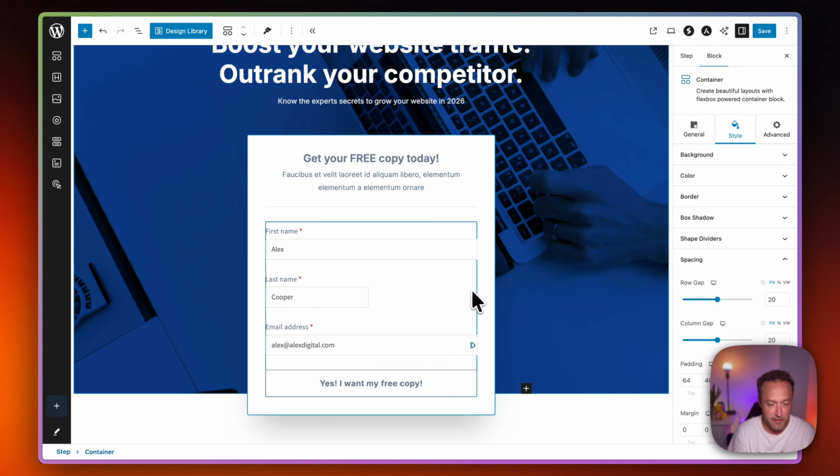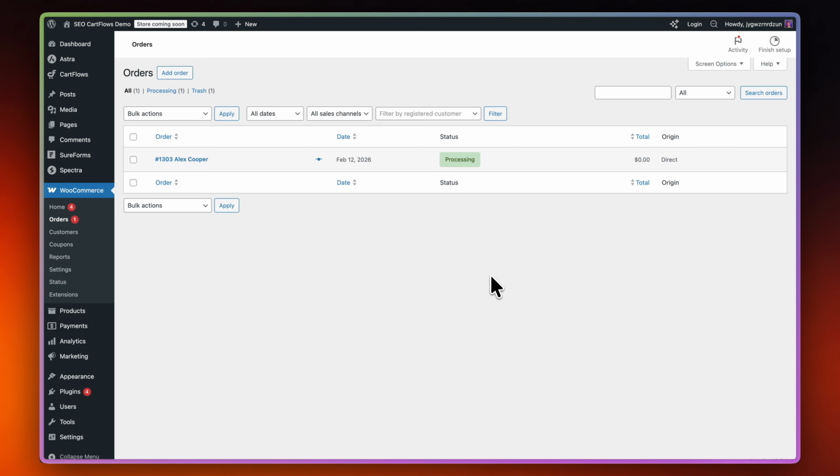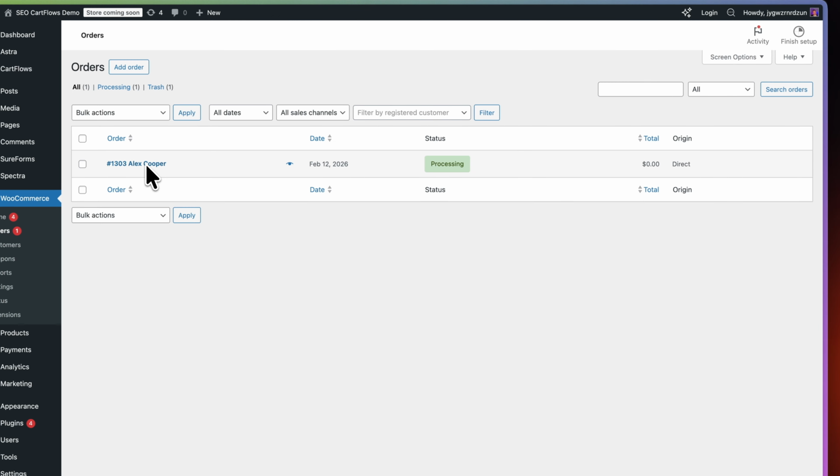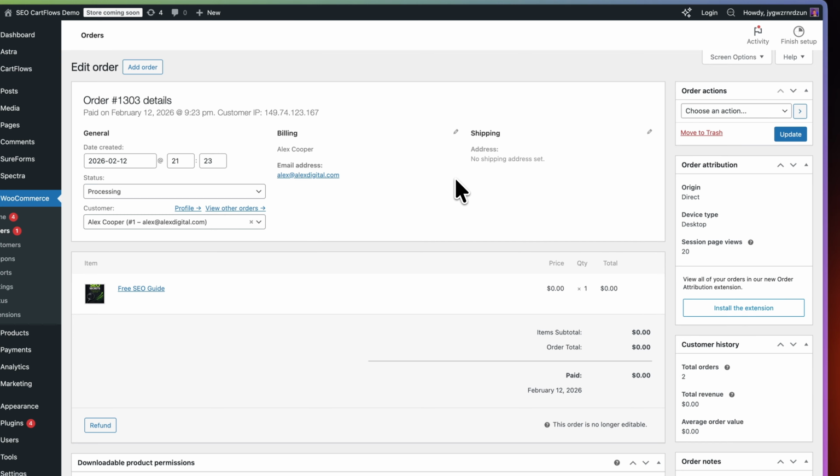So this form, let me explain how this form works. When someone completes this form, basically it's going to go into WooCommerce. It's going to create an order of the free product with the lead's details, the name, first name, last name, and email address. So however you've got WooCommerce connected to your email provider, and don't worry if you haven't, it's